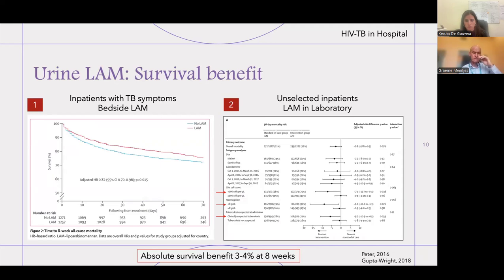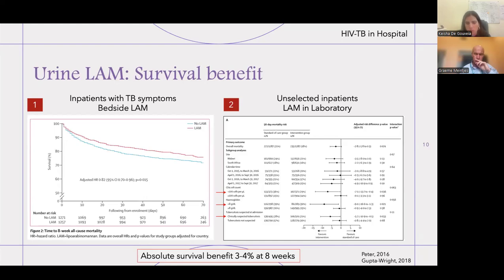The first came out in 2016 by Peter and was based on inpatients in a few different African countries. They enrolled patients specifically who had TB symptoms and performed the LAM at the bedside. Based on those results, they then gave the clinical team advice about whether to start TB treatment or to continue testing with other tests. The second one that came out in 2018 by Wright was specifically unselected inpatients, so